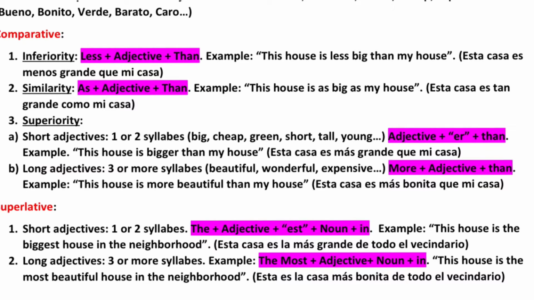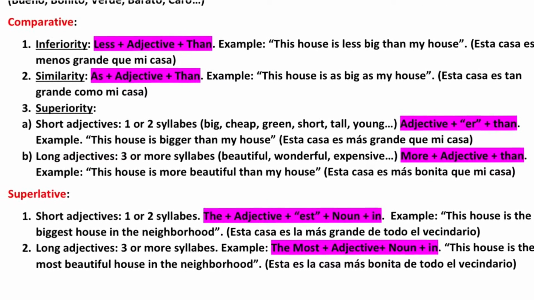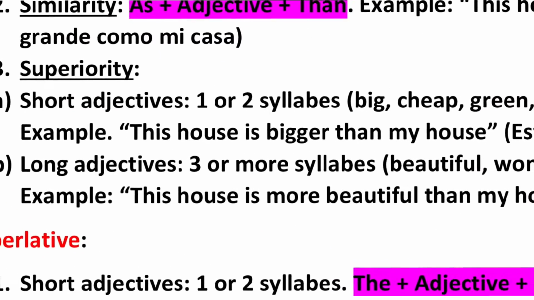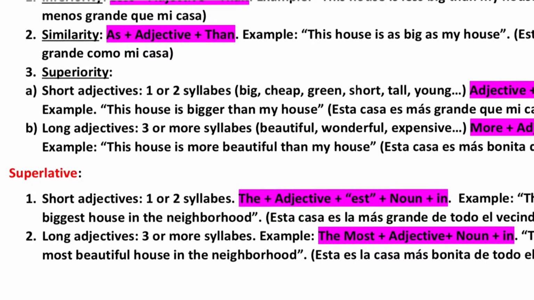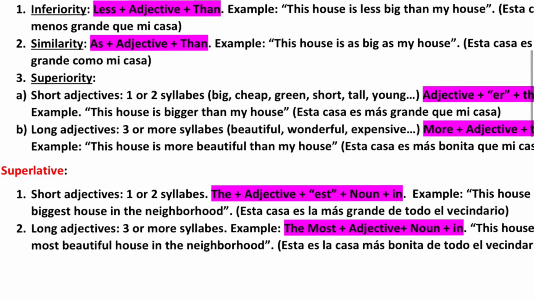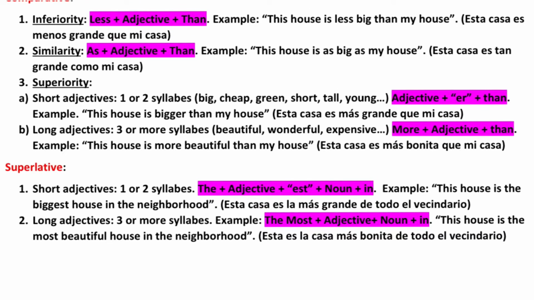In this type of comparative adjectives, we have to bear in mind that we have two types of adjectives. Tenemos dos tipos de adjetivos, the short adjectives and the long adjectives. Los adjetivos cortos y los adjetivos largos. Los adjetivos cortos se consideran aquellos con una o dos sílabas, one or two syllables. Para que lo veáis como ejemplo, big, cheap, green, short, tall, young, todos ellos son adjetivos cortos de una o